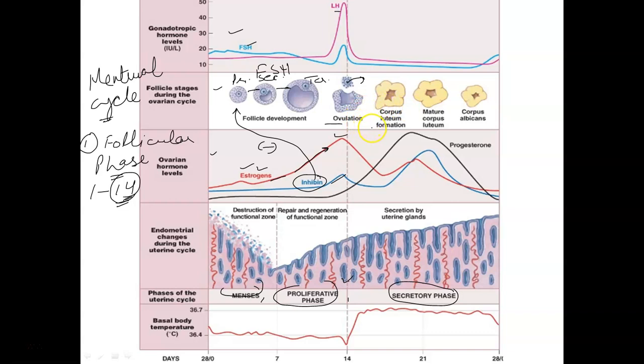Now the 14th day, rupturing. Then there is slowly again a rise in estrogen level and a rise in progesterone level. This progesterone level rises because the ruptured Graafian follicle now forms the corpus luteum, and the luteal phase starts. This corpus luteum secretes progesterone, and the thickened endometrium wall of the uterus formed by estrogen is now maintained by that progesterone.